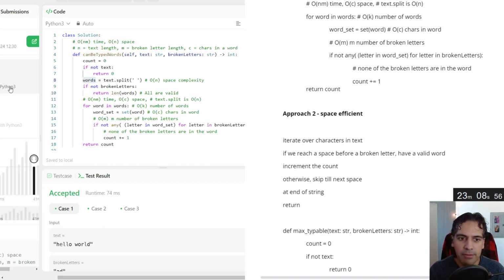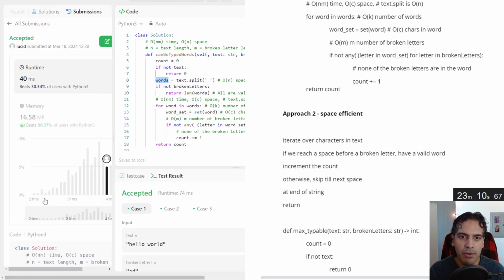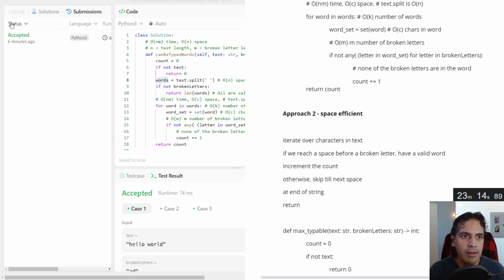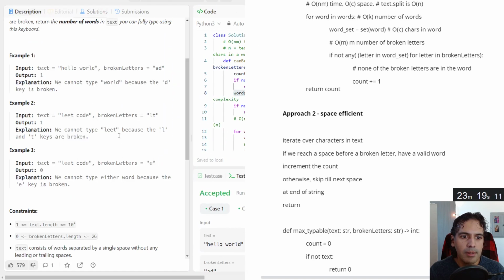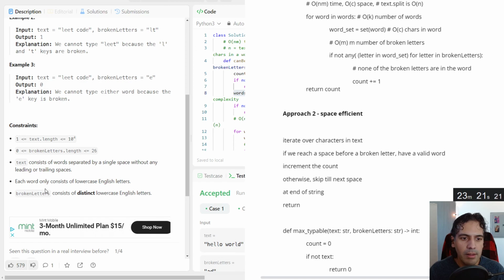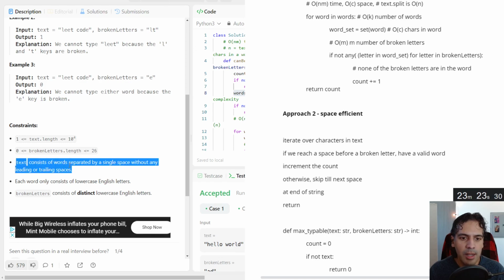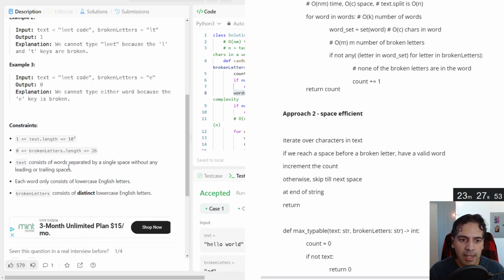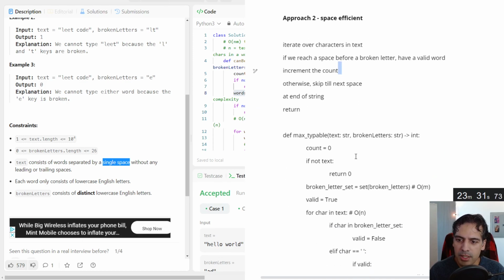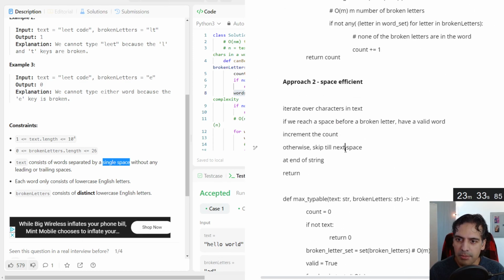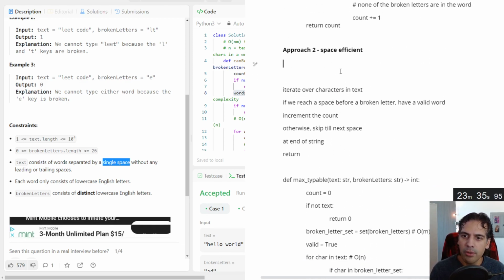A question I might have is whether we could have two spaces in a row or just an empty space as an input. And I think, oh, sorry, one sec. They said that text will consist of words separated by a space without any leading or trailing spaces. So we should never have a case where there'll be more than one space in the word. Otherwise, we'd have to do a special check for this. But the nice thing is we don't have to worry